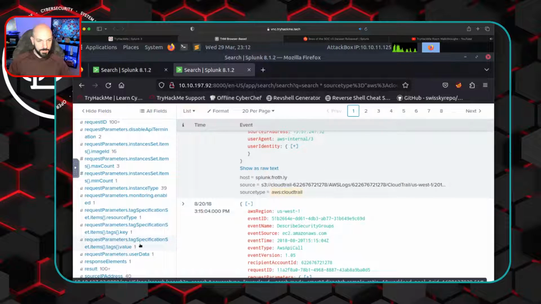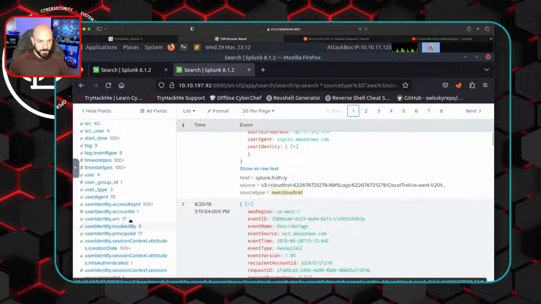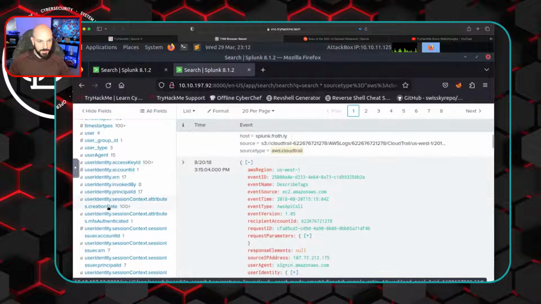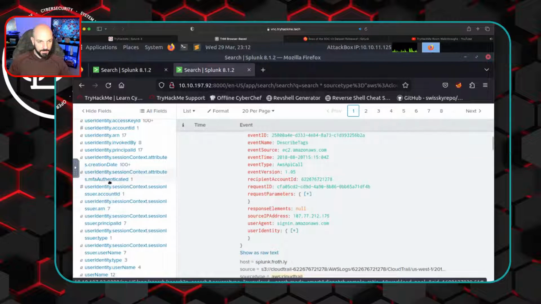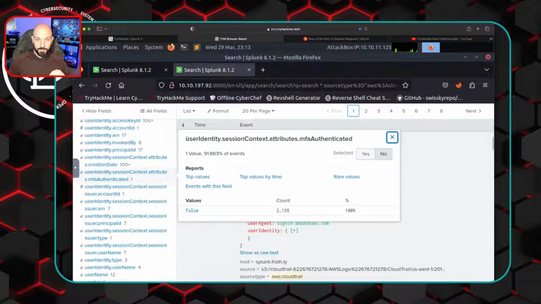if under these request parameters: disable API, instance set, max count, min count, user identity, account ID, invoked by, principal ID, MFA authenticated. Okay, let's see what this is. And the value is false. So I would say that this would be the field that we're looking for if we wanted to alert on non-console logins. In this particular API call